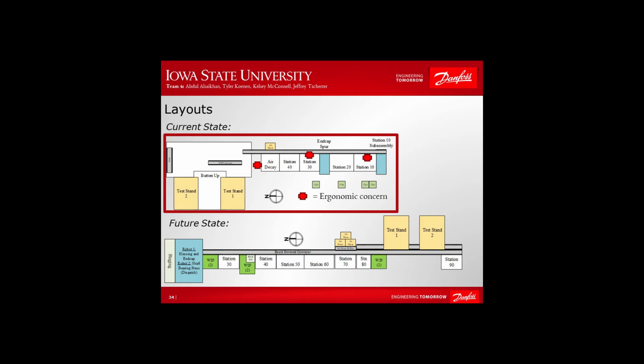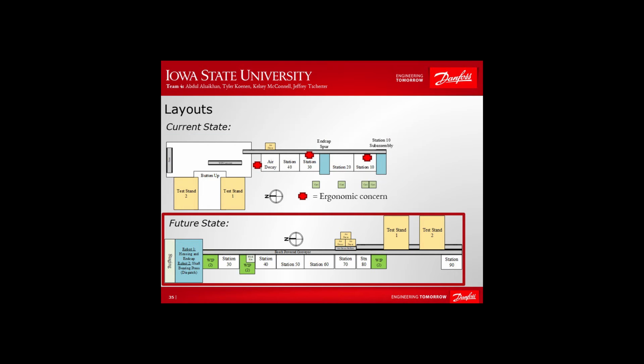The top figure represents the current layout of the assembly line. As seen, there are 6 assembly stations with 2 test stands. Out of those 6 stations, there are 3 ergonomic concerns related to part manipulation. The bottom figure represents the layout of the future state of the assembly line. As seen, there are 2 robotic stations, 7 manual stations, and 2 test stands. The ergonomic concerns related to the part manipulation from the current state were engineered out of the future state through the use of robotics and a new pallet design concept that can handle all the work content without transfer to